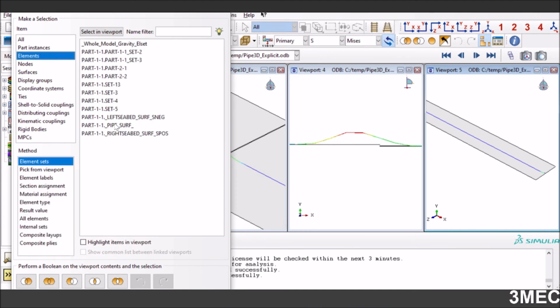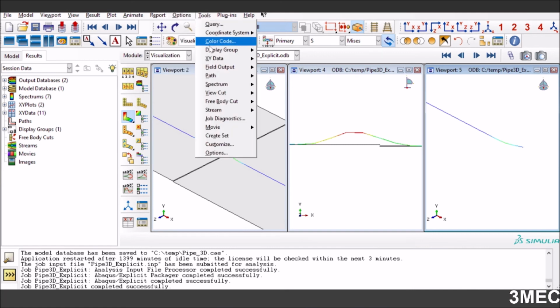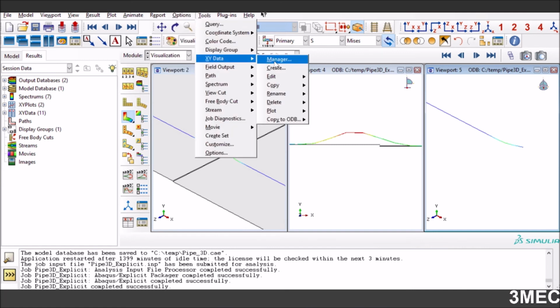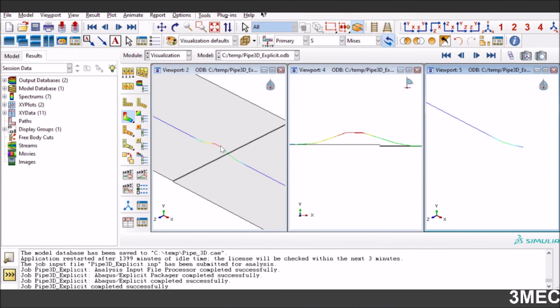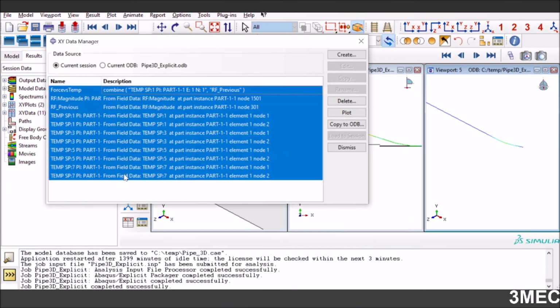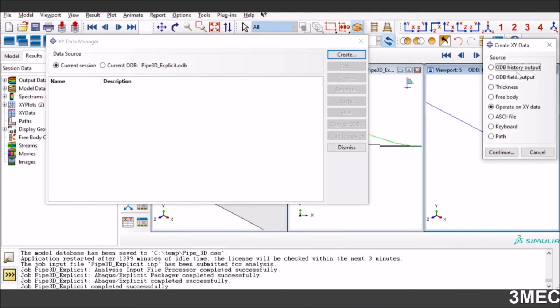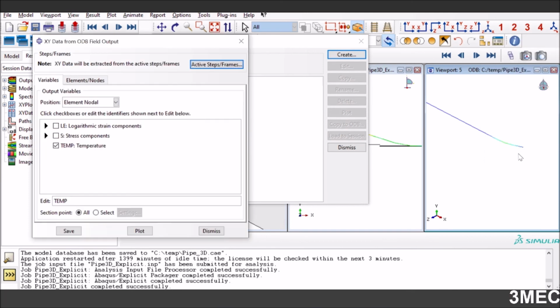I can remove, I can only keep the pipe surface maybe, and then I just zoom into this edge which was fixed and I will plot the reaction forces here. So you go to Tools, Query Data Manager, and then I will create, okay, there is a lot of data there, so I'll just remove those. I'll just say create ODB file, and then yeah, we need temperature, and we also need, so first let's go with